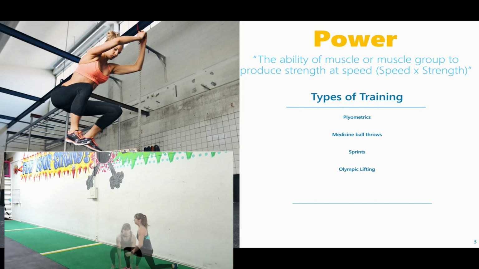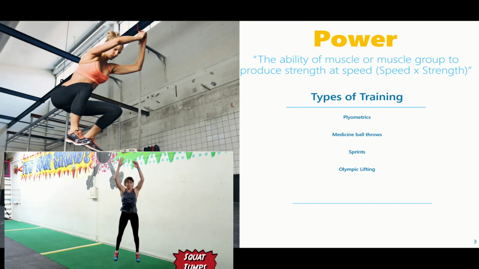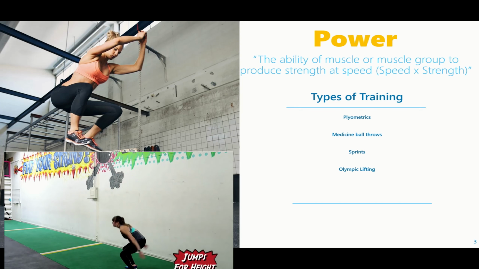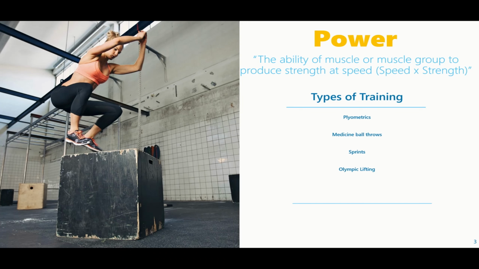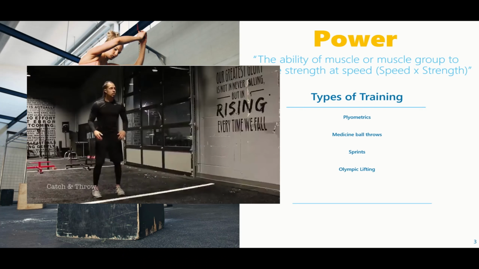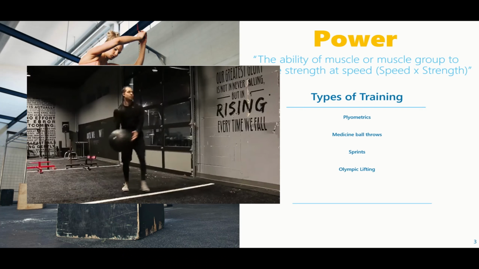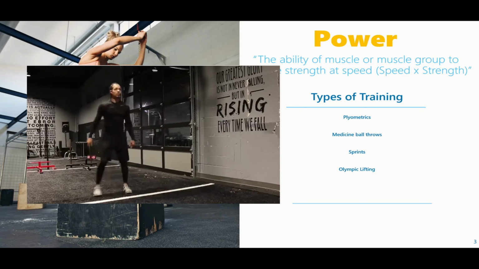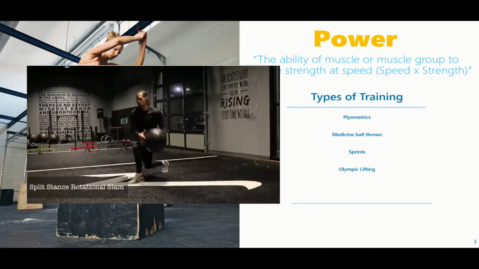This involves things like hopping, bounding, jumping, anything where we're essentially taking the muscle to great lengths eccentrically and then exploding into a concentric contraction would be considered plyometric exercise. Medicine ball throws, with the medicine ball weighing a certain amount, then of course if we're projecting that through the air with our strength and trying to do that quickly, as we can see, we're taking care of that